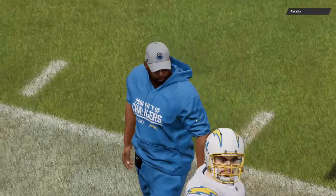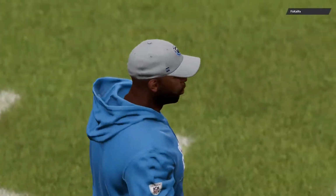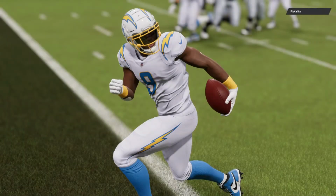So a decent gain, but all for naught on the penalty. It's too bad, isn't it? They were feeling pretty good about it. Only people celebrating? The guys who just gave